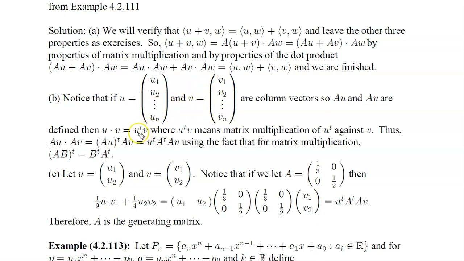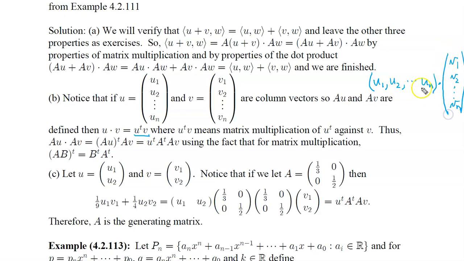Well, we can actually write that as u transpose times v, where this means matrix multiplication. Remember, if we take the transpose of u, that would turn it into a row vector. This is u transpose. And then if we did matrix multiplication with v1, v2, and so on like this,